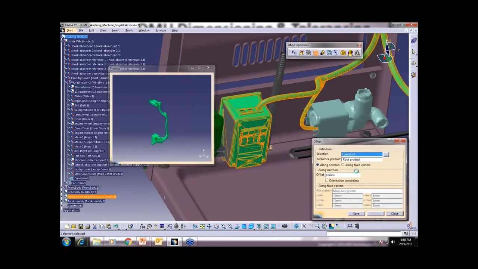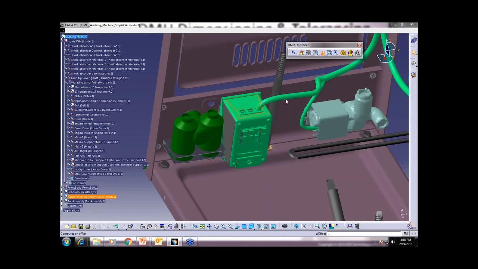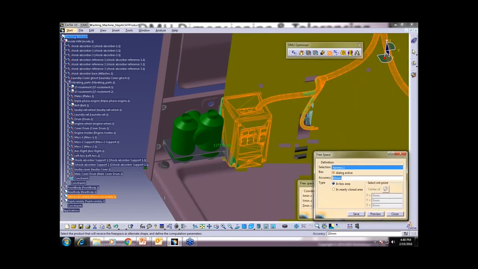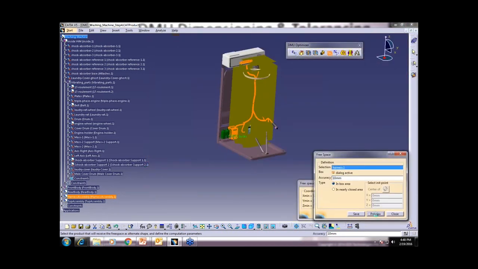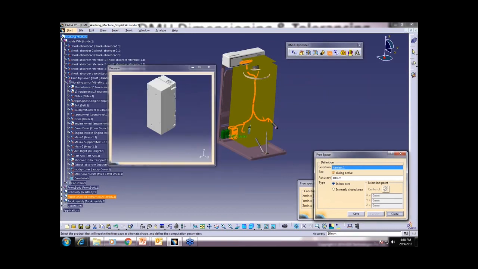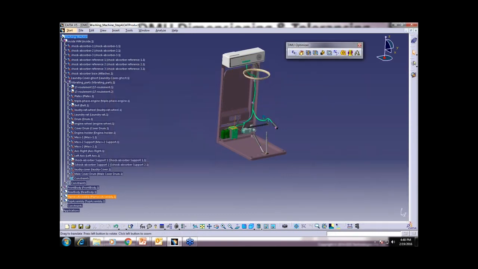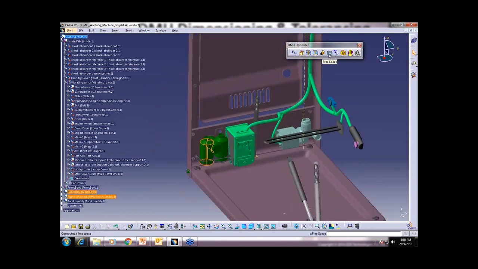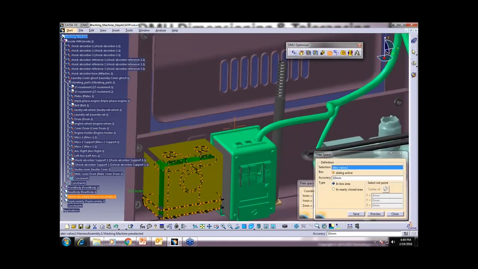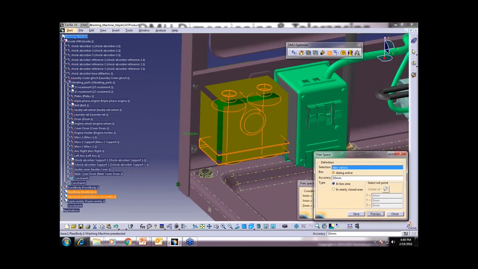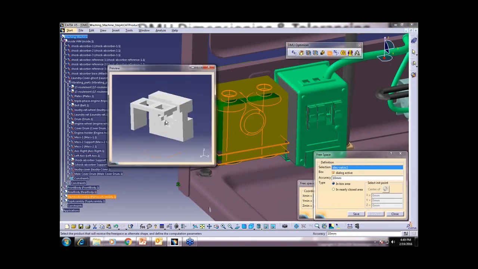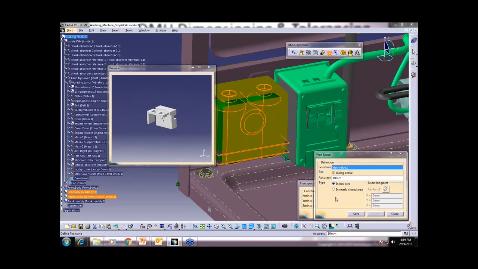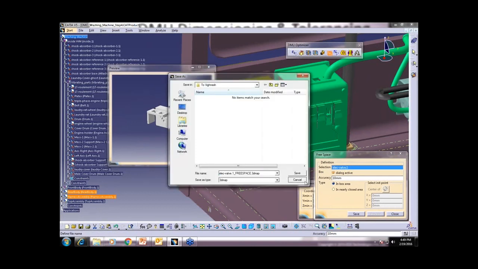Swept volume is also available, which requires different commands. Free spaces, we can say here free spaces required for this. So this is a free space for this component which is reserved, or any component you can take. For example, this component you can take. I want to keep a free space for this. So instead of giving an actual component, I can give this shape to my supplier by saving this to any location.